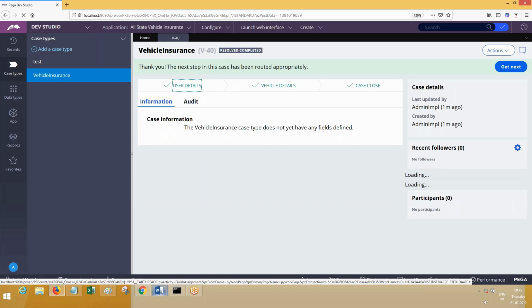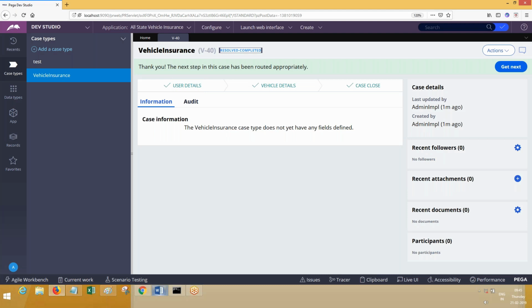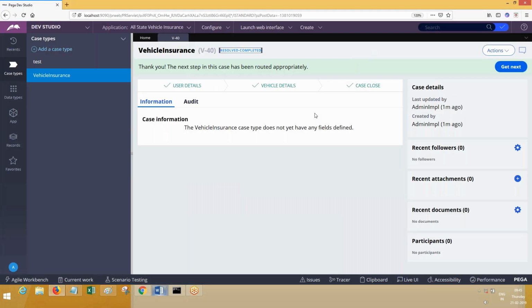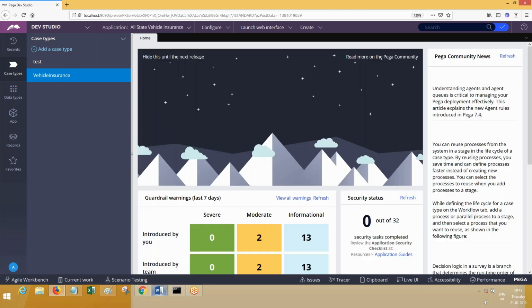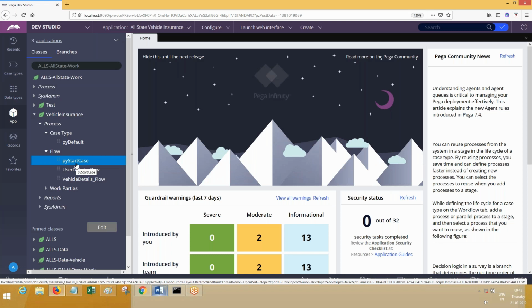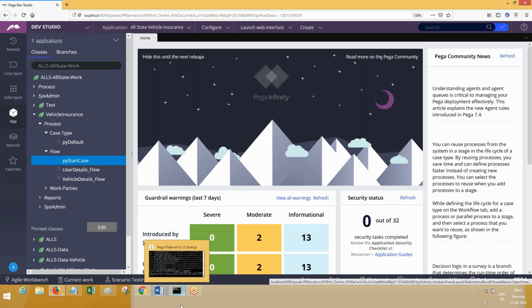Let's understand more about case types. Okay, this is clear. This is what you have to do. Generally, if you have not created all the rules before creating the case type itself, while creating case type you need to add fields and configure view and select, like what we have done yesterday. But now we will understand more about case types that are being created. PY start case flow is created, right? We're going to come back to theory document. Everyone clear so far? So when you create a case type, it has created flows appropriately, properties, sections, flow actions, if you would have added already while creating. Otherwise, it will not create.